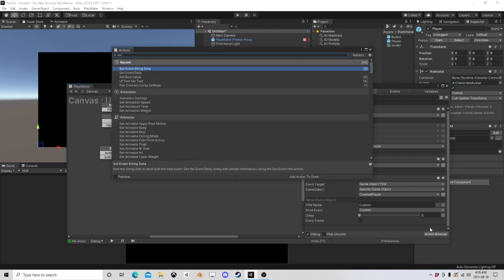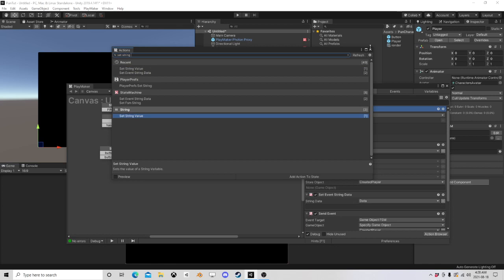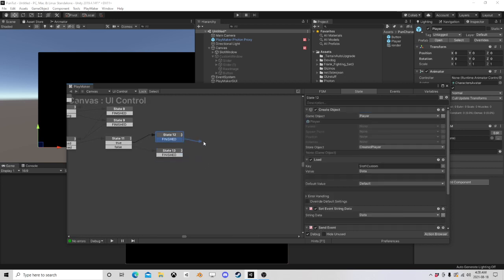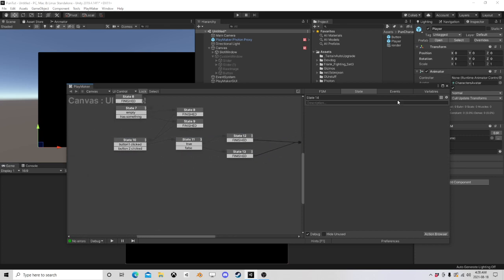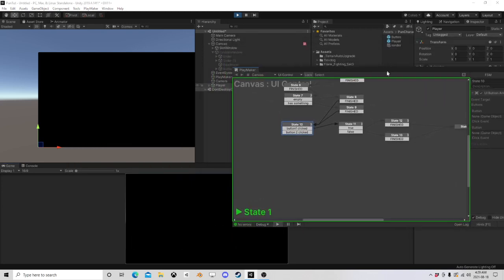Let's set string data, or set string value. Let's set data to be 0, 0. Beyond that, they can do the same thing. For now, there we go. So that should give us, and if we follow it,